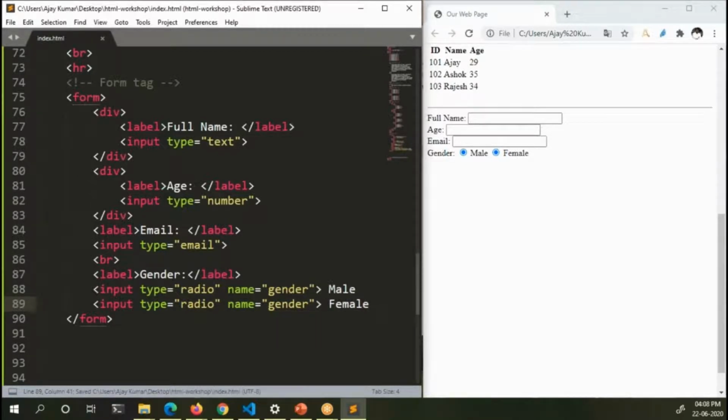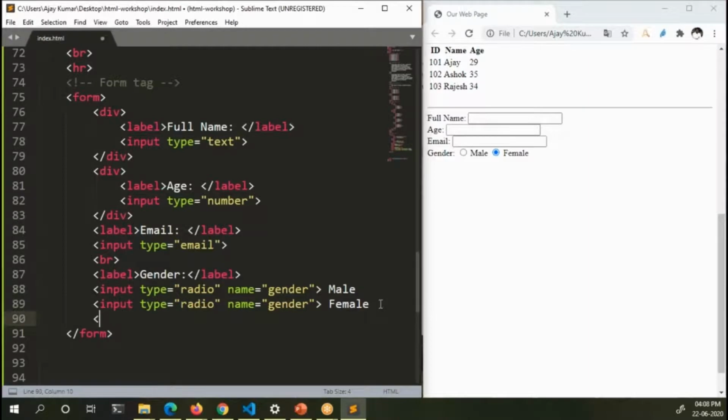Here I've set the name of these two radio boxes to gender. Explicitly we are specifying that these two radio boxes now belong to the same group. Now you can see that I am only able to select one of those two radio boxes. Got it? So this is how radio boxes are created.